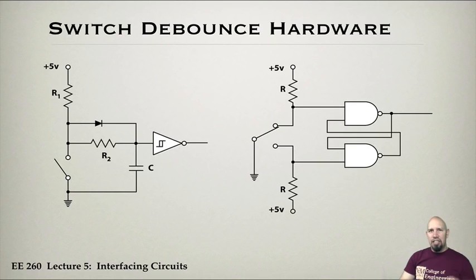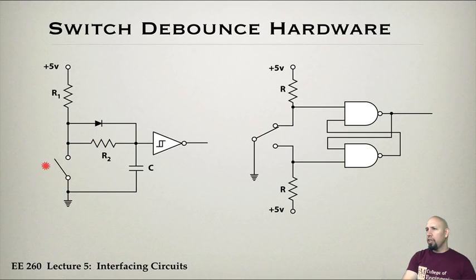That's the notion of bouncing, and it's a very significant problem when you hook up a mechanical switch. If you have an optical switch, it's not the same thing. You don't get the bouncing, but with a mechanical switch, you can expect to have bouncing. So here are a couple of debounce circuits that can be used. This first one involves some unusual